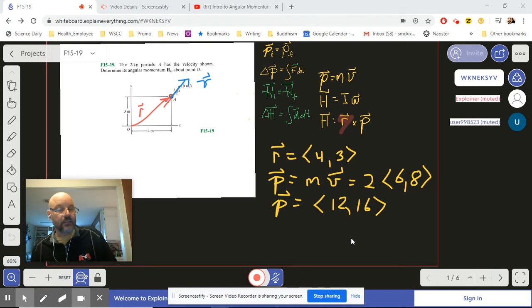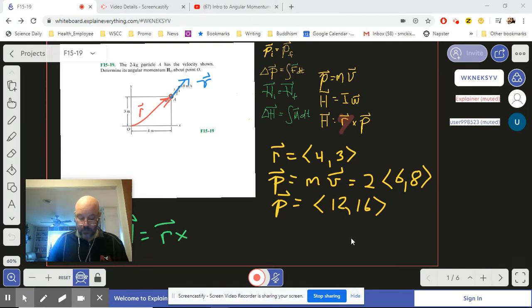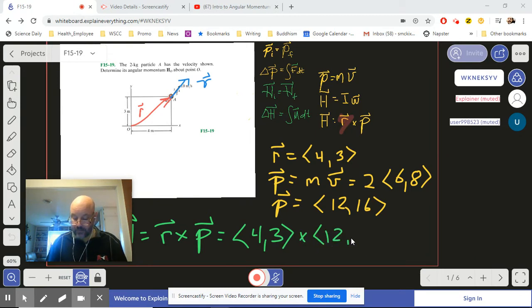Okay, just like that. Then this problem is really almost trivial at this point. Once we've defined r, once we've defined p, then we just take a cross product, and then at that point we're done. Okay, and so h is going to be r cross p. So we're looking at 4, 3 crossed with 12, 16,